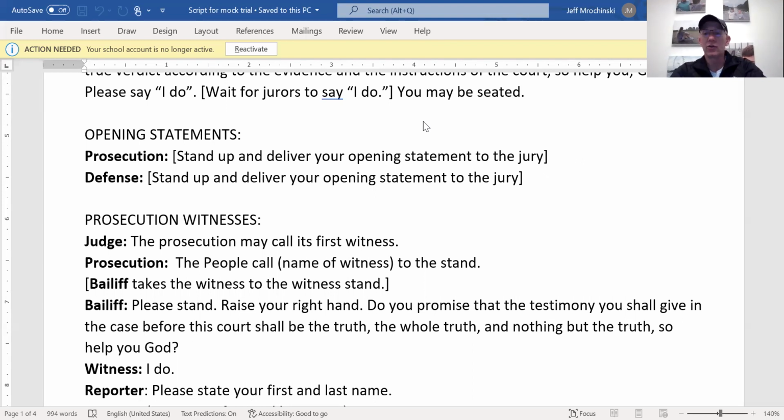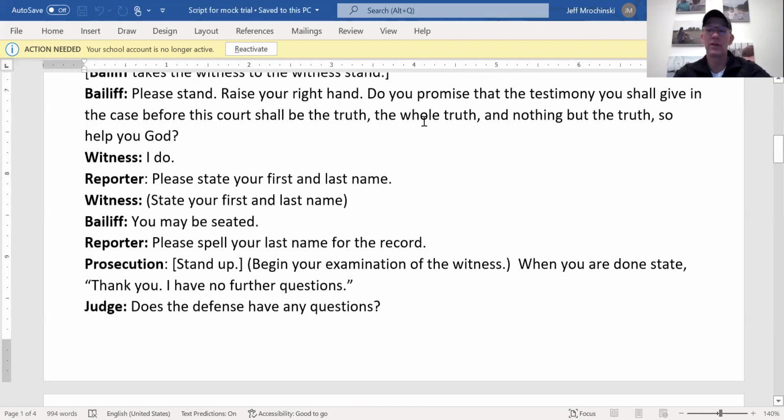The jury will take into account what those answers are, take copious notes, good notes, because they're going to be reviewing those notes to determine whether or not the accused is indeed guilty or not guilty. Once the prosecution questions their witness, then the defense is allowed to come up and question that witness as well.